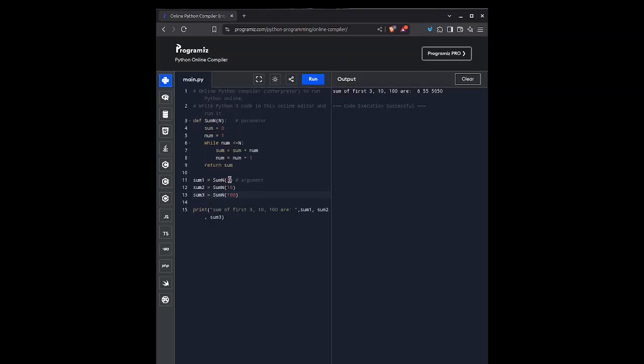And in our program, as you can see, instead of writing this block of code again and again, we are just calling the function name and calculating our values for 3, 10, 100. This saves a lot of lines of code, because for finding the sum of first n natural numbers you have to use like 6 or 7 lines of code, and now because of the function we only need 1 line of code.